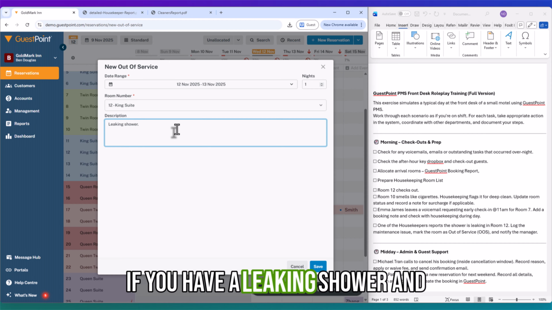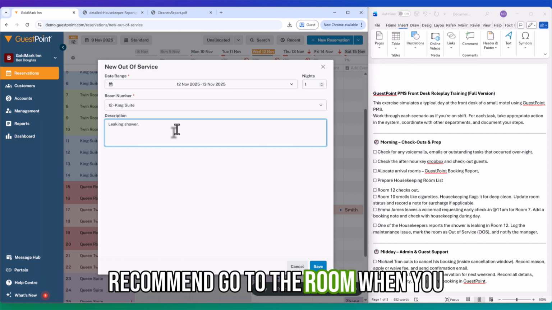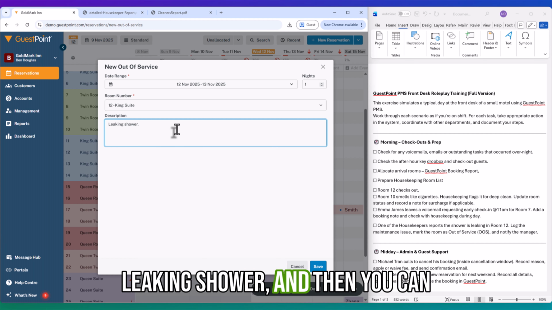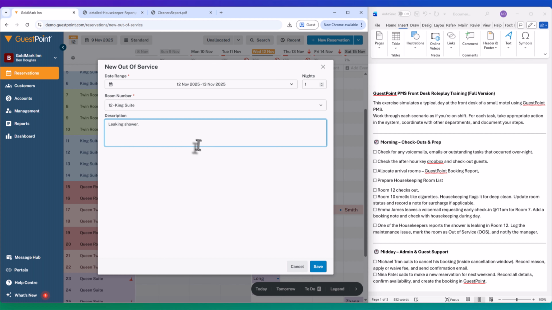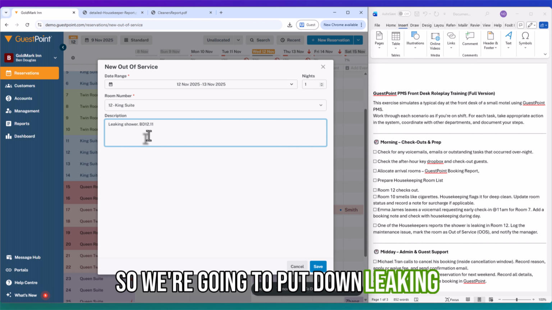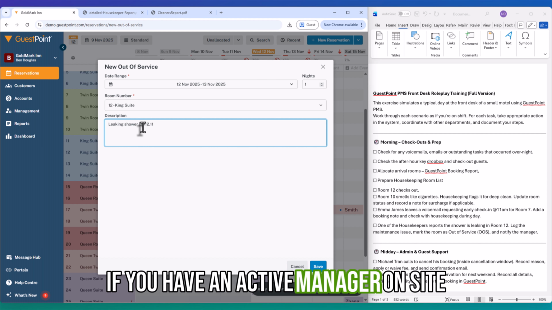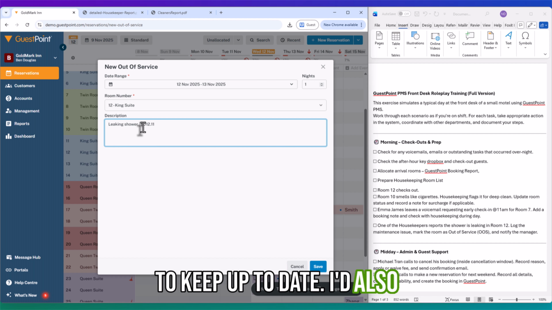If you have a leaking shower and you're not sure how to fix it yourself, I'd always still recommend go to the room when you get the report from the housekeeper, take a video of the leaking shower, and then you can send that to the plumber so that they know exactly what they're dealing with. So we're going to put down leaking shower. I'll put my initials. If you have an active manager on site or the owner of the property likes to keep up to date, I'd also recommend